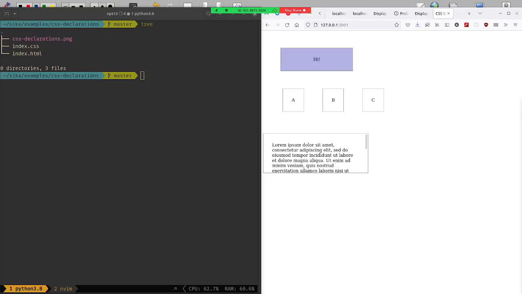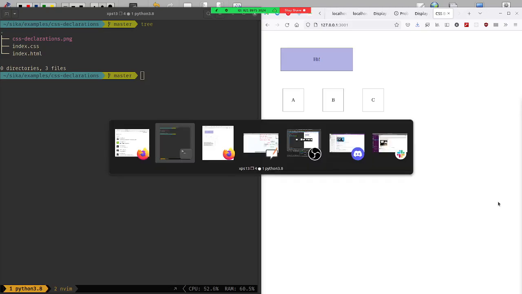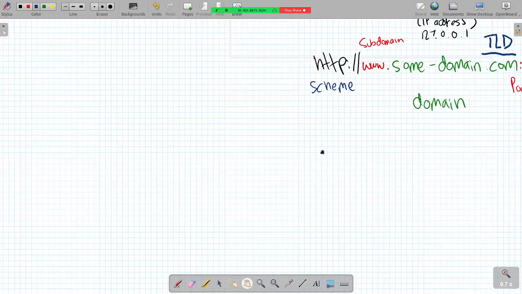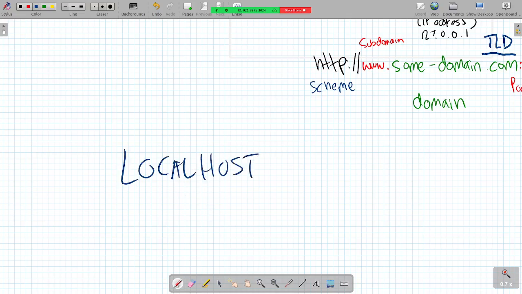Still quite a bit of variance on this. First thing, we're getting the scheme more consistently now, but this is just something that you memorize. Localhost is always